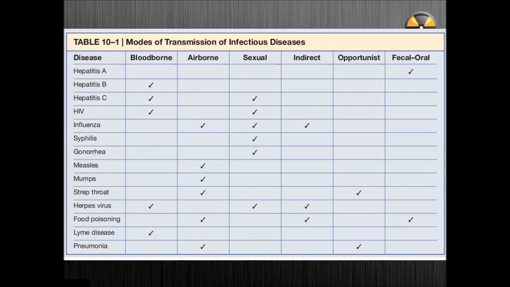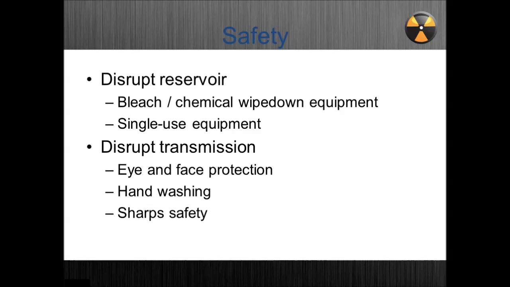And so when you see patients that look sick, think about, okay, how am I going to prevent whatever they got from getting onto me or my crew? Okay? All right. So that's why, as we talk about safety for you and for the patients and for other patients, what can we do to prevent the infection? The first thing is, can we kill it before it gets to us? That's disrupting the reservoir. That's why we've got these bleach and chemical solutions to decontaminate everything. So if it is sitting on your bag, on your table, or on your radio, as you wipe it down, hopefully you kill it and then you're not going to get infected by it.